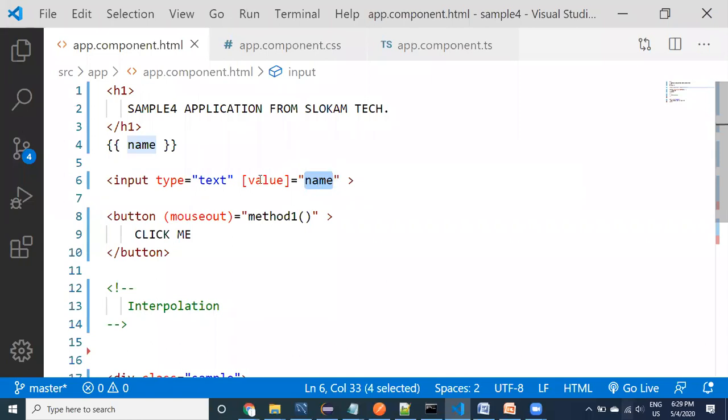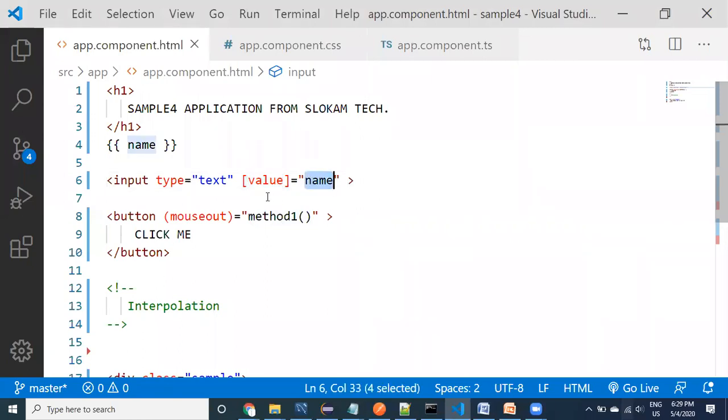To assign the properties, we are going to use square brackets. Type text, value. See here guys, this is going to be something like value equal to name.